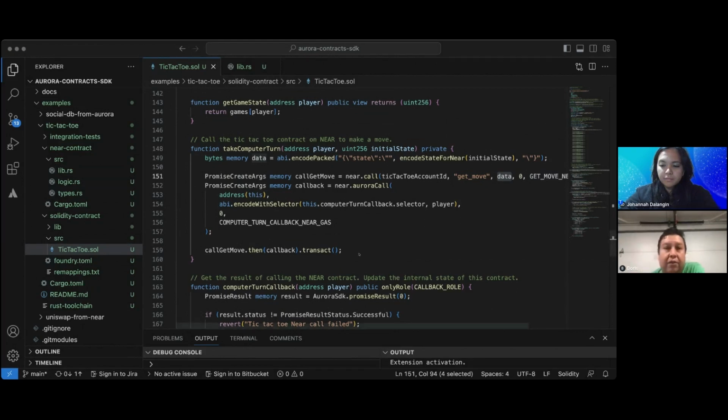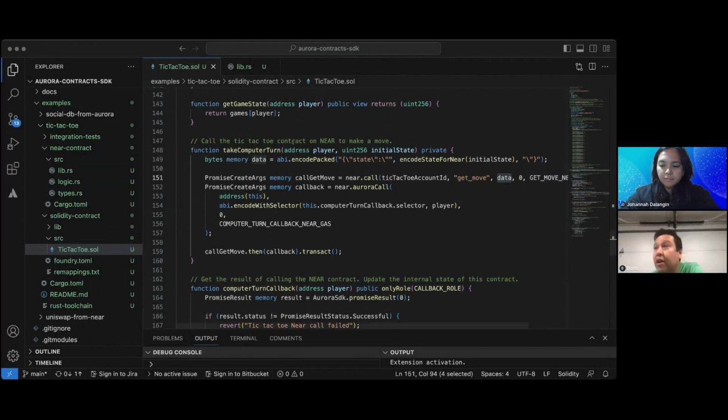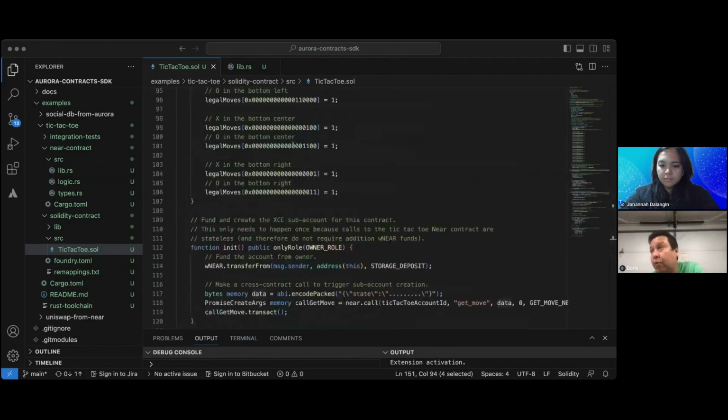I will go back to the Solidity smart contract. So this is a Solidity smart contract. It's already public on the repo, but let me put the links here again so you can access it directly. These are the repos.